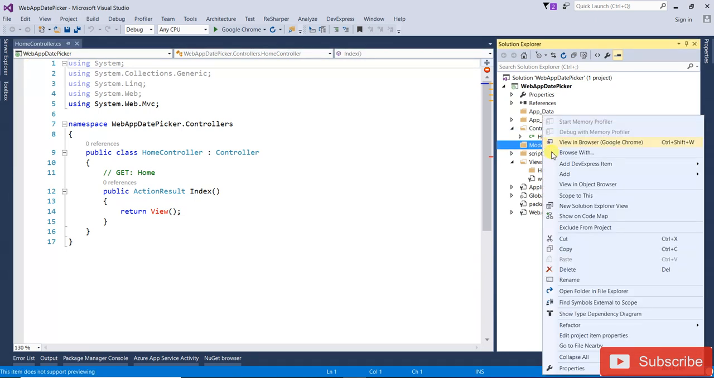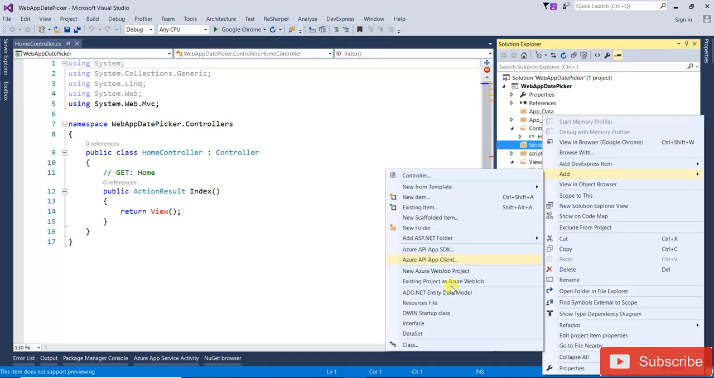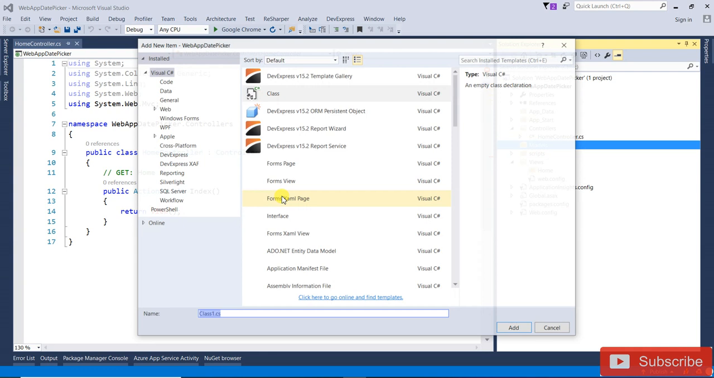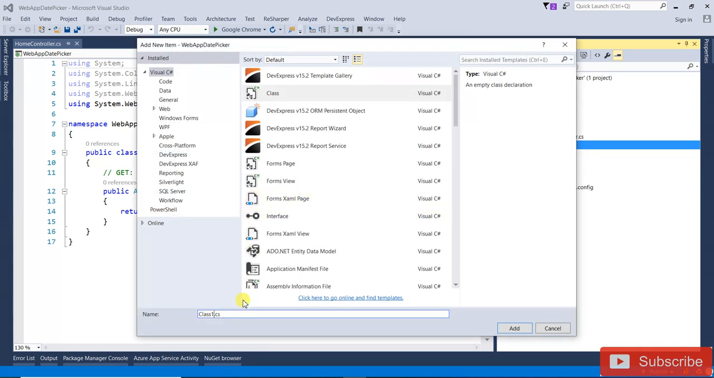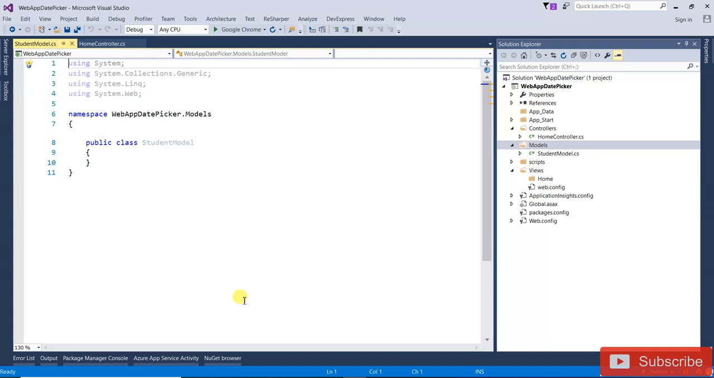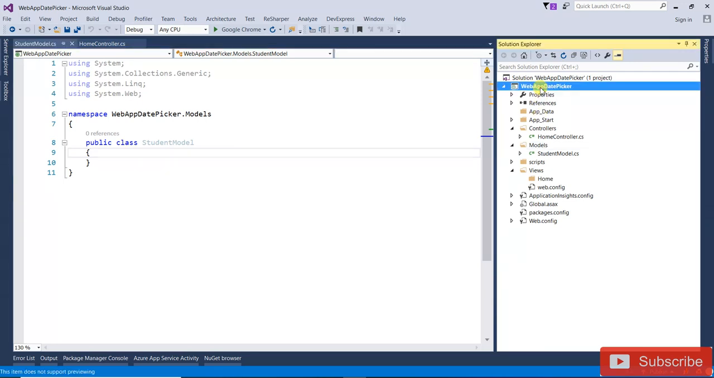Now I'm going to create the model. Right click, add one class. That I'm going to give the name StudentModel. Okay, so because once we're going to use the date picker, we need to add some reference of